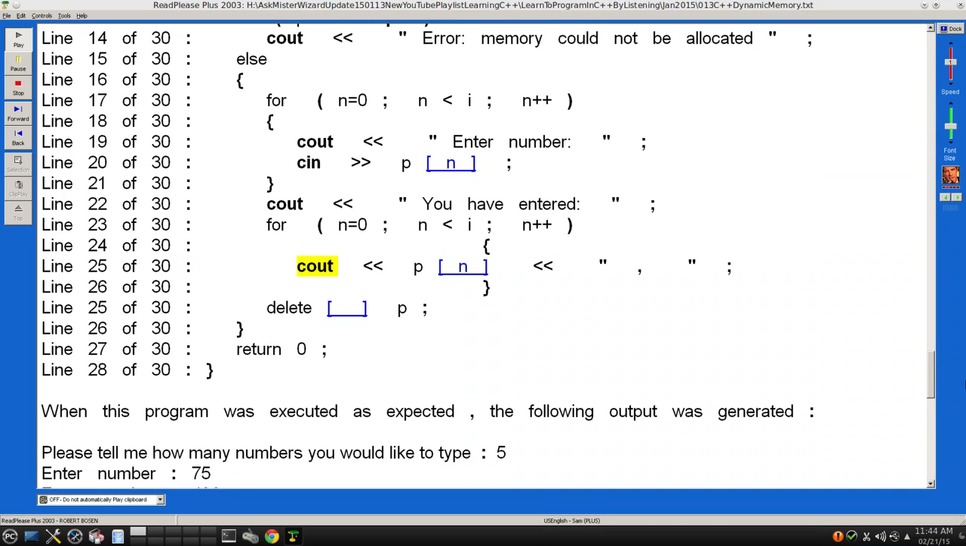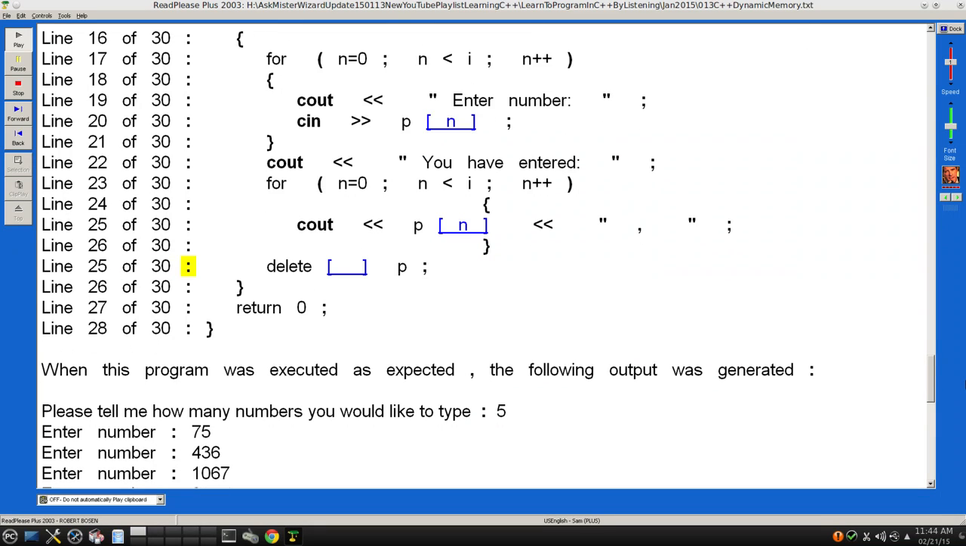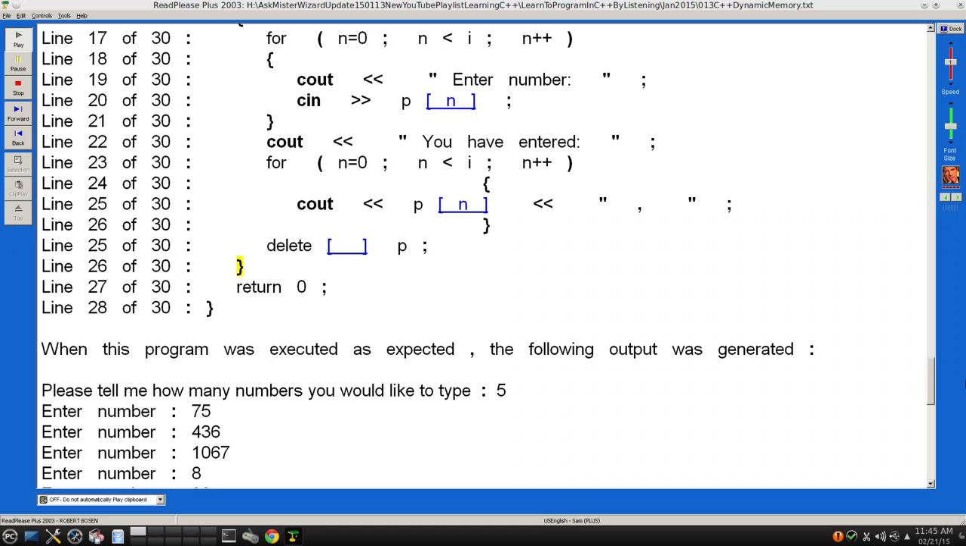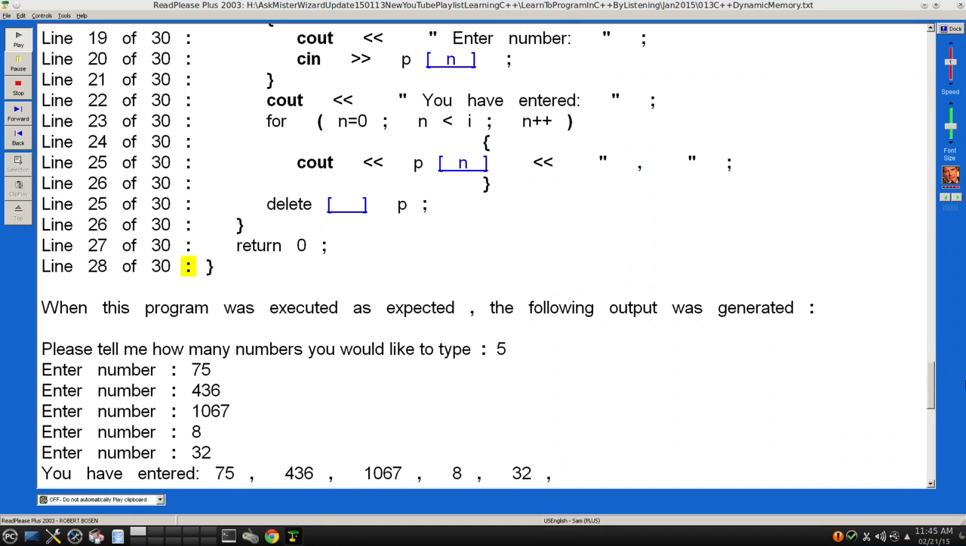Line 25 of 30: cout << b[n] << ","; Line 26 of 30: } Line 25 of 30: delete[] b; Line 26 of 30: } Line 27 of 30: return 0; Line 28 of 30: }